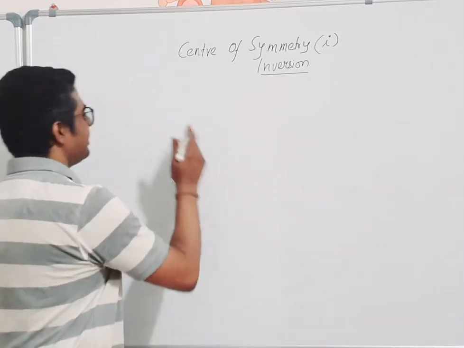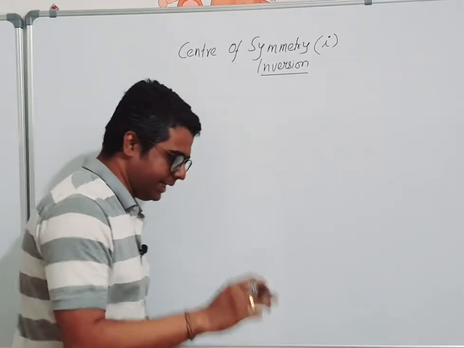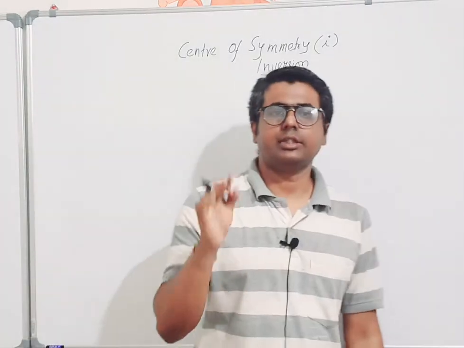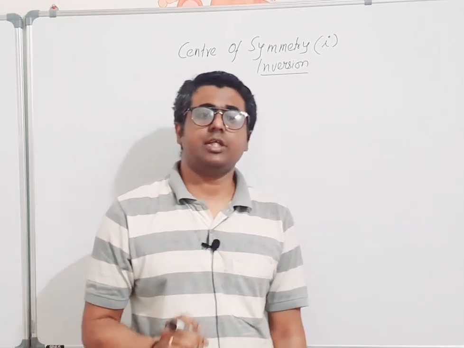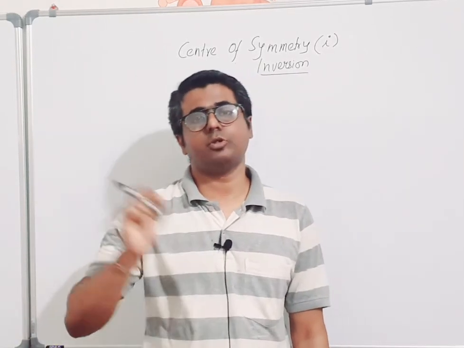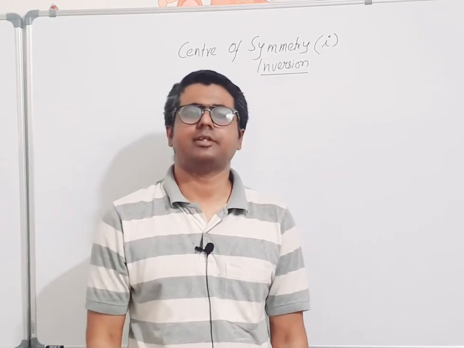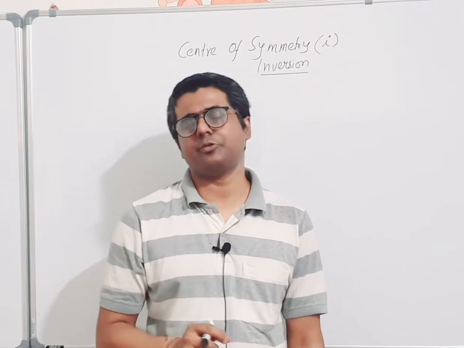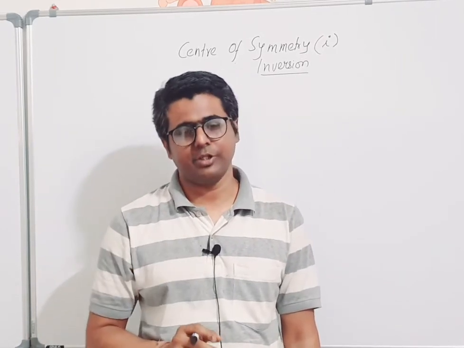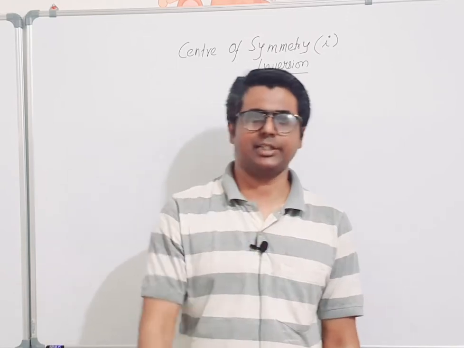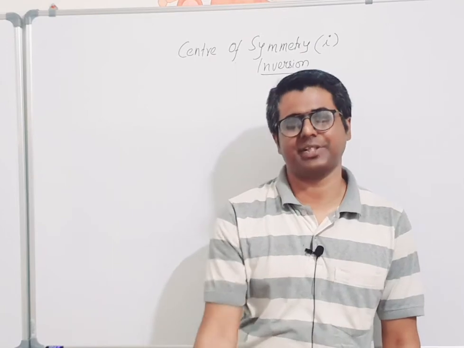correct? So see, in a molecule if there is a point, so you can write this, in a molecule if there is a point, okay, from which if a line is extended to both the directions by equal distance, then the line shall encounter similar groups or same part of molecule on both sides. Please write it down. You can pause the video and write it down, no problems with that, okay.